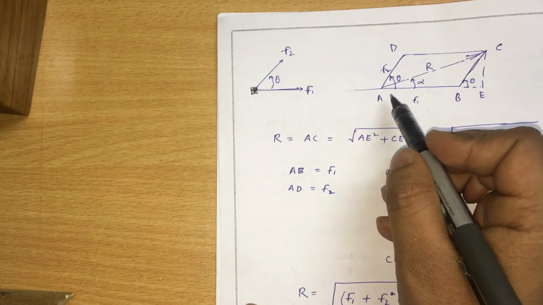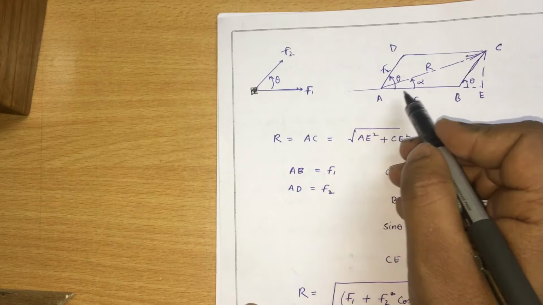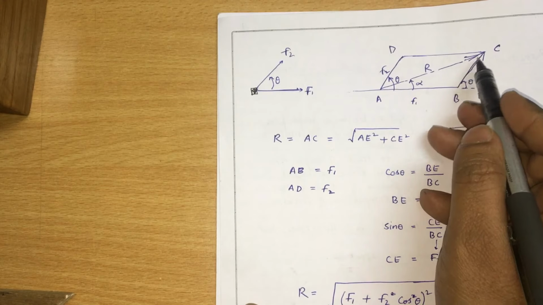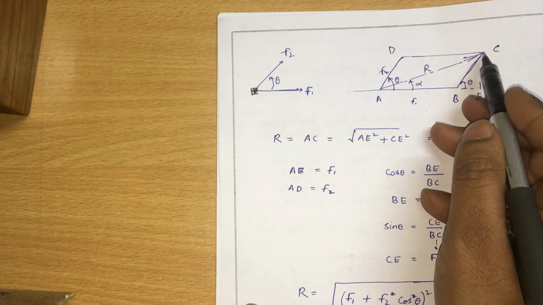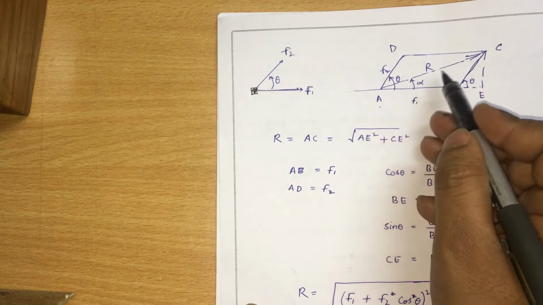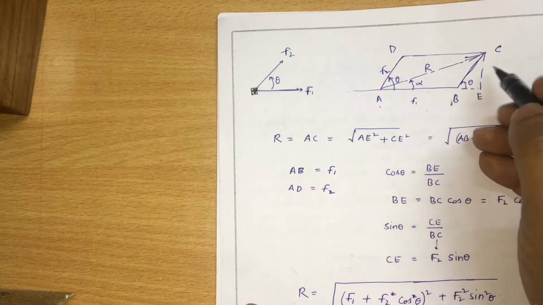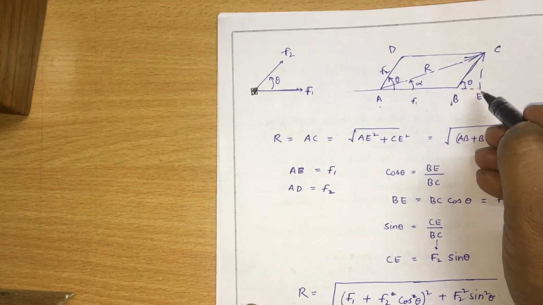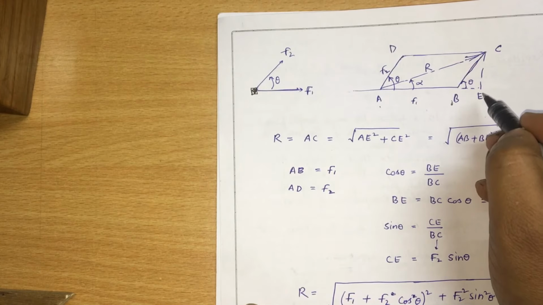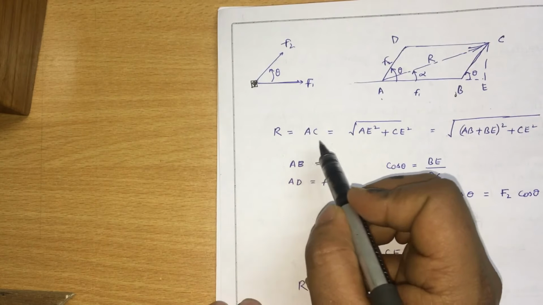So now I plot the parallelogram by extending these lines, like B, C and D, C. Okay, and the intersection of these lines is at C. So I mention A, B, C, D, and join these two points, and let us assume this is the resultant R. So what I did, I dropped a perpendicular from here to here and extended line AB, and the intersection is represented as E.